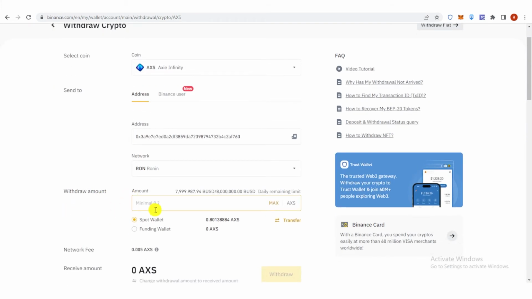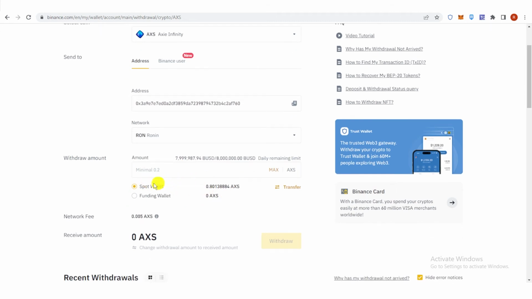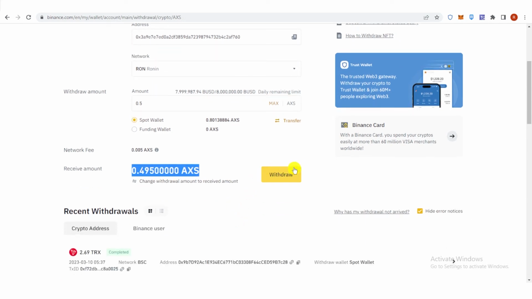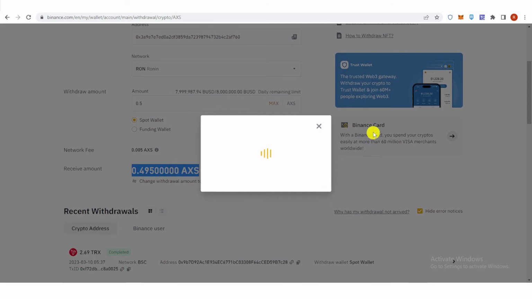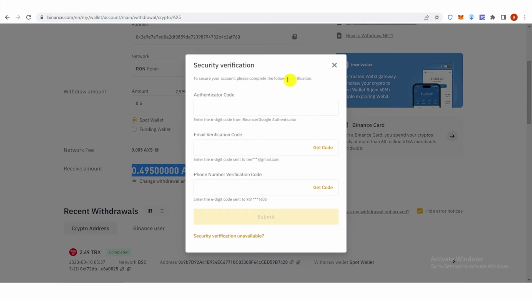and then type the amount of Axie Infinity you want to send, but make sure it is 0.2 and above. Then choose your wallet. If you have your funds in spot wallet, click here, and if you have your funds in funding wallet, click here. For example, I want to send 0.5 Axie Infinity, and then I will receive this amount of Axie Infinity in my Ronin wallet. Then click withdraw, click continue, and then you're going to need to go through security verification by typing